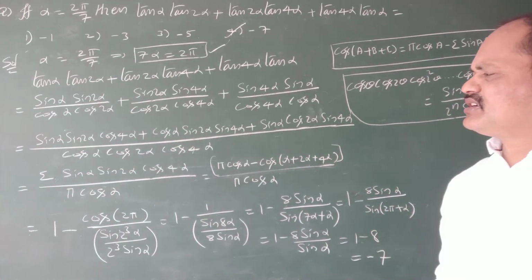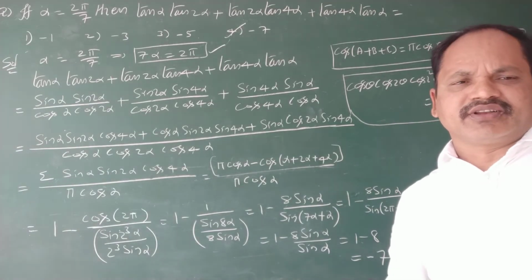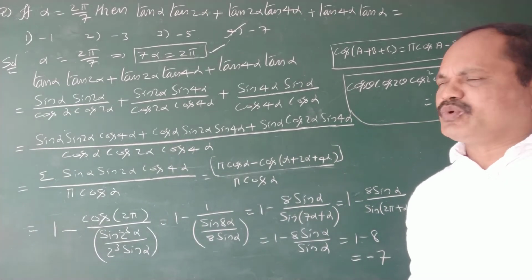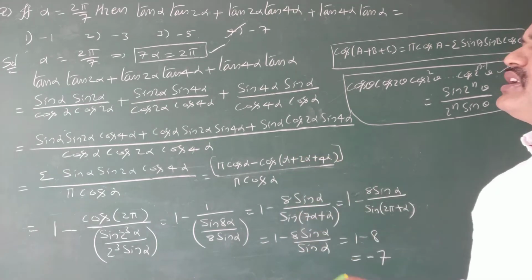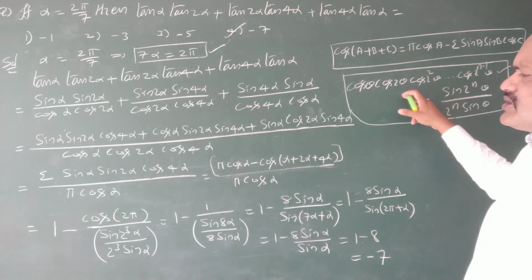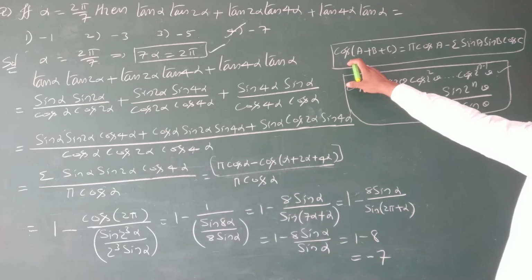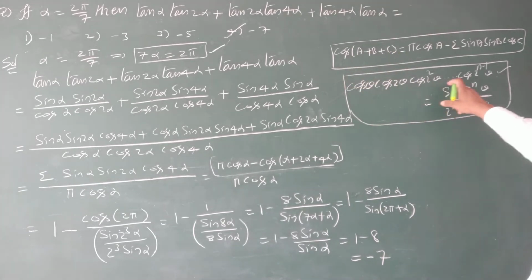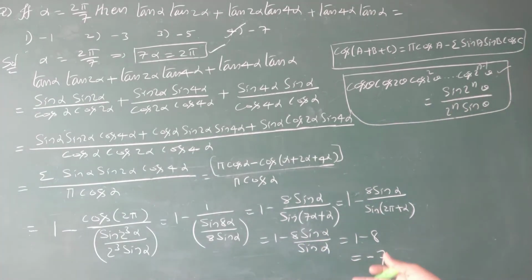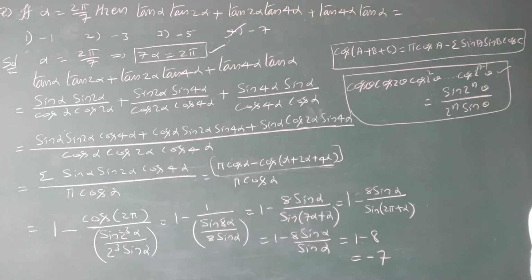So this is a little bit difficult. Of course, it is a memory based question for JEE Mains, and it is very, very important. The questions that depend upon this model are very, very important. That's why we have a little bit difficult question from transformations by using these applications, these two forms. This question completely depends upon these two forms: the expansion of cos of A plus B plus C and both the cosine functions. These types of questions are very, very important and a little bit difficult. Okay, right. Next question.